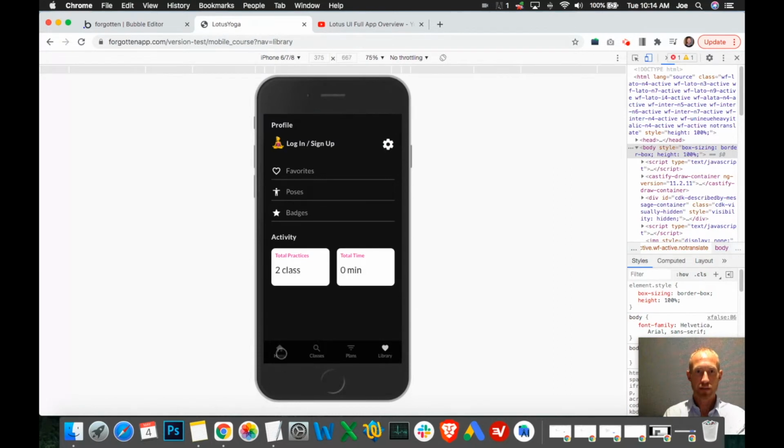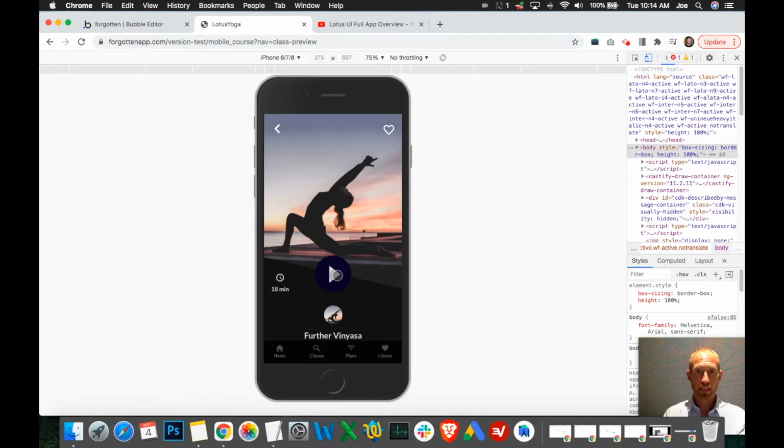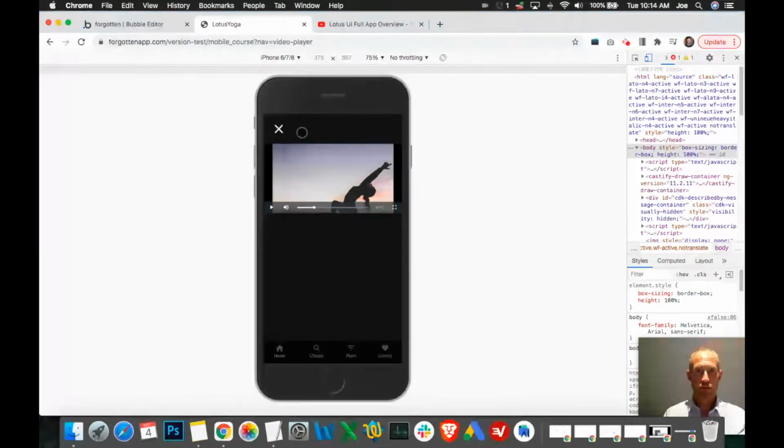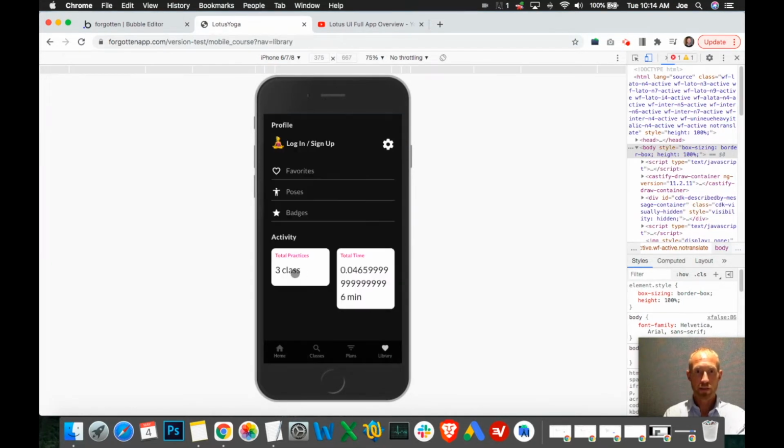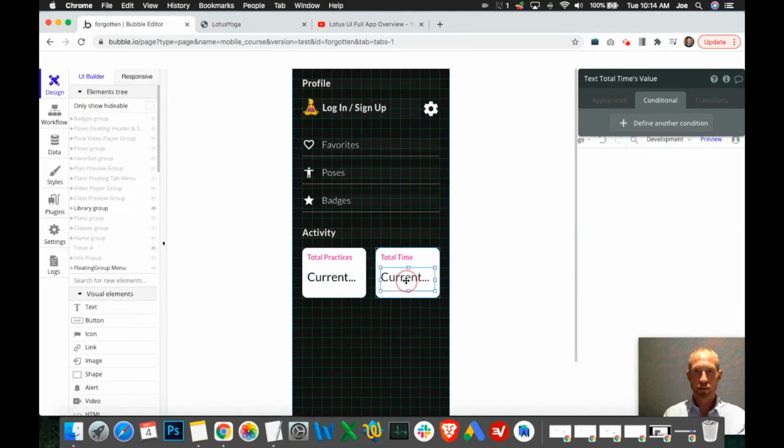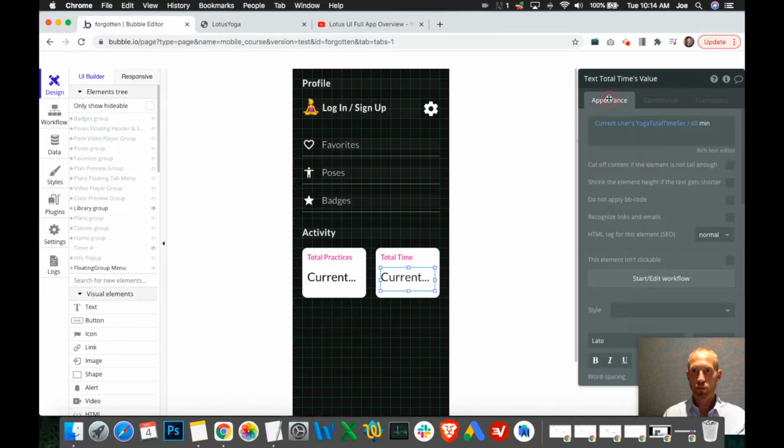So 2 classes. If we went here and we did it again, it should say 3 classes. We've got a little bit of a calculation going on there for this one. So maybe we want to